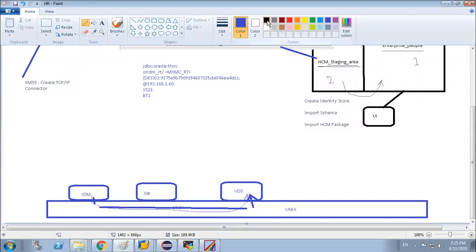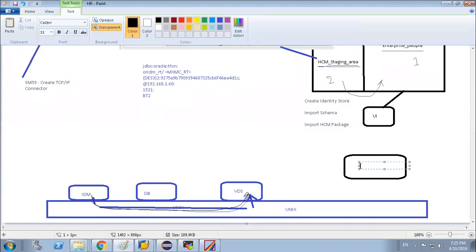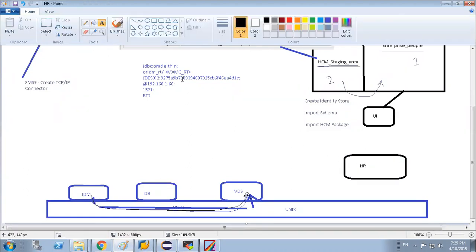Correct? Agree? I have to connect through this Unix server, and we have to provide this Unix server details, as well as if we have the HR system separately installed. Even if we need to connect this HR server to the VDS, we have to connect through Unix.